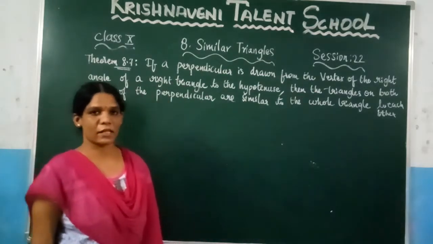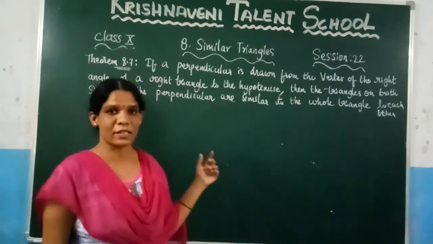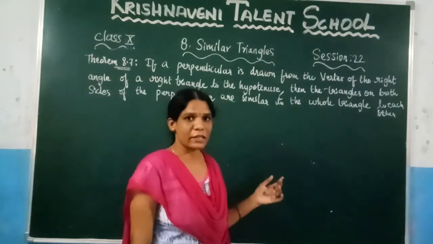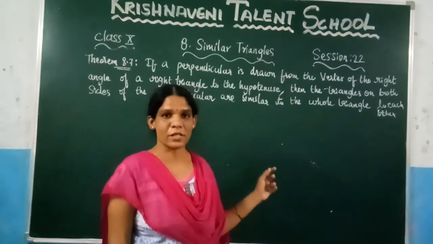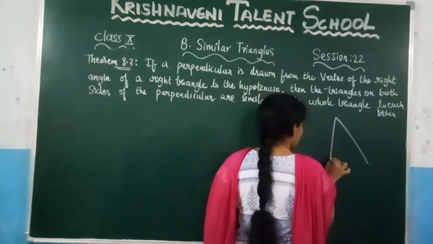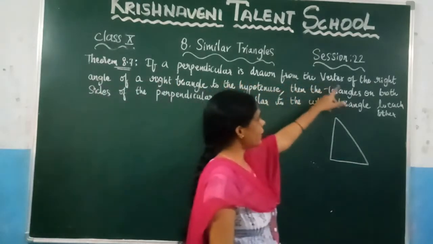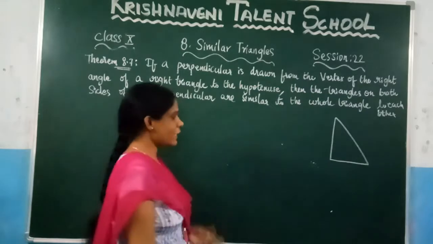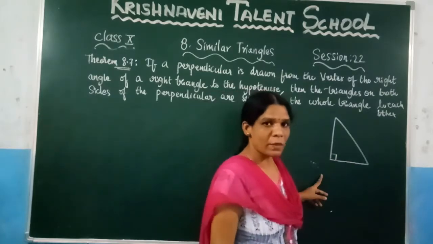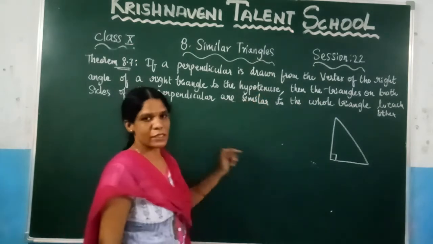What the theorem states is, if a perpendicular is drawn from the right angle of the triangle to the hypotenuse. So from this theorem, let us draw the triangle. So how to draw the triangle? You need to draw here the right angle triangle because this theorem is based on the right angle triangle. So let us draw here one right angle triangle. And what they are saying here, if a perpendicular is drawn from the vertex of the right triangle. Here, what is the right angle in this case? This is the right angle, right? At this point, you need to draw the perpendicular to which side? You need to draw to the hypotenuse, right? So let us draw that one.